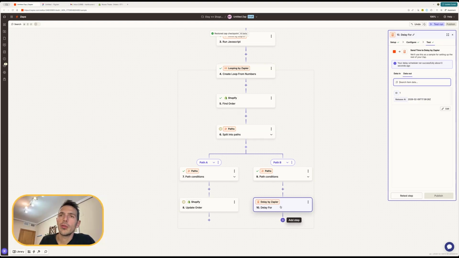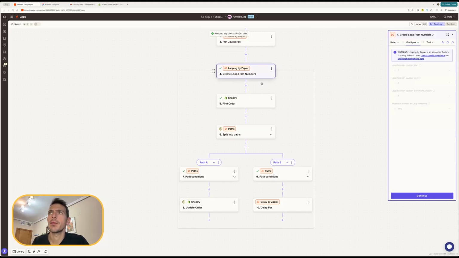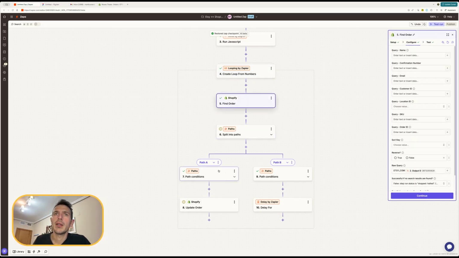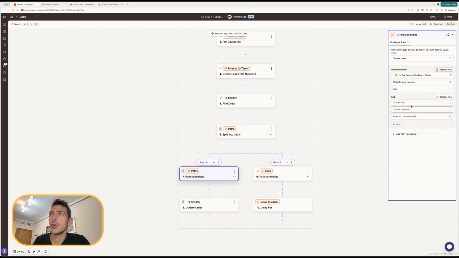When we go through that path, essentially this means that we will delay and then we will retry the loop, and otherwise we will just update the order. And so something interesting that we can add here, I've realized the maximum number of loop iterations should actually be just 5. When we find the order and split into paths, we want not only to make sure that the order exists, but also